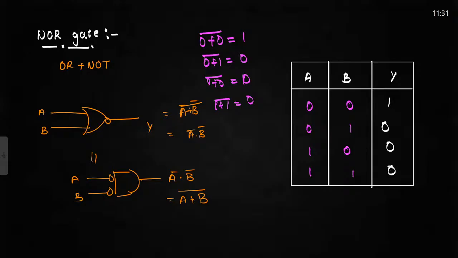So my output is only high if both inputs are low, and in all other cases it is 0. So that is the NOR gate. The same concept as the AND gate is applicable. We can design all the circuits using NOR as well. Now let us not waste time on designing all the circuits. But what we will do is jump into one of the most important topics, that is